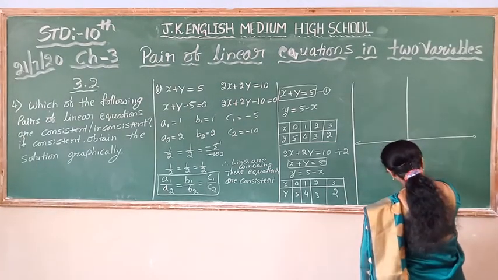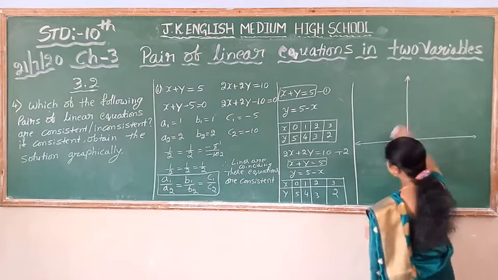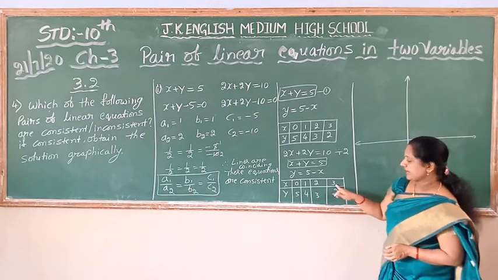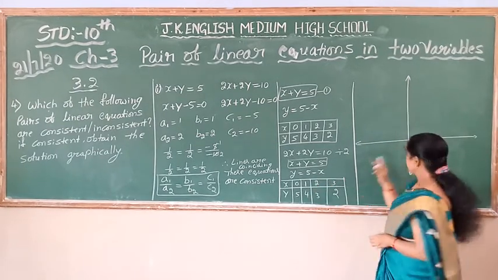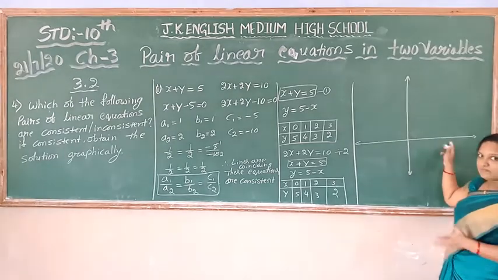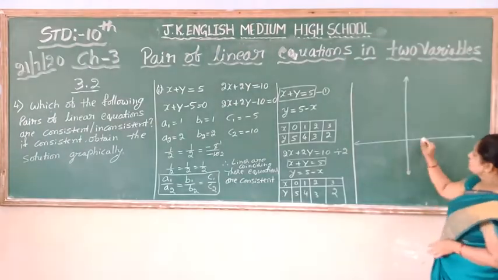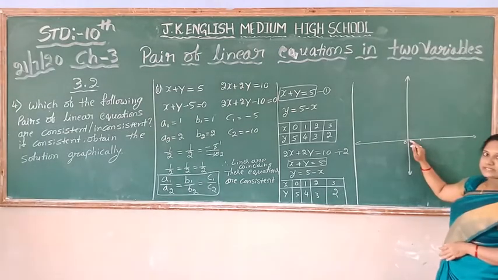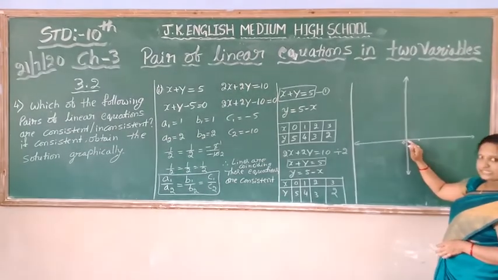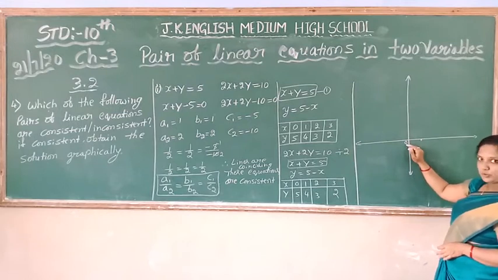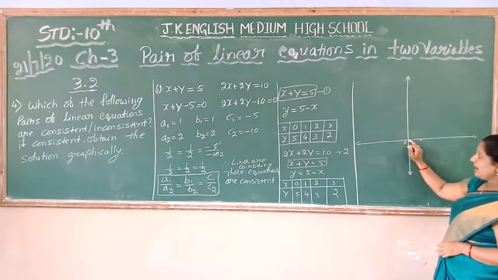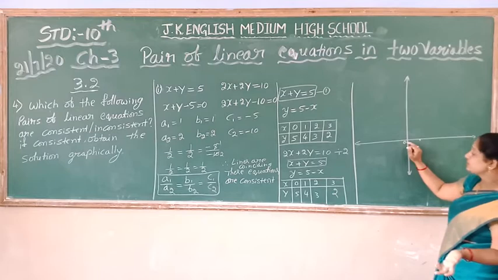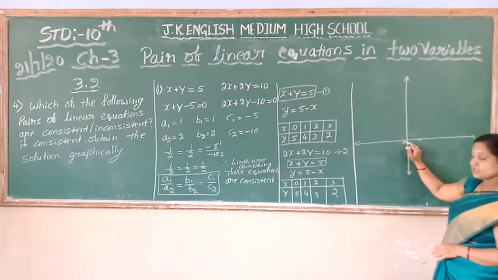You see the values in the column, the highest x value is 3. All are positive, so on this side the maximum value we have to give is 3. So 0 here. Your x and y axes both intersect at this point. We are going to name it the origin O, and at this point the x coordinate is 0 and the y coordinate is also 0.